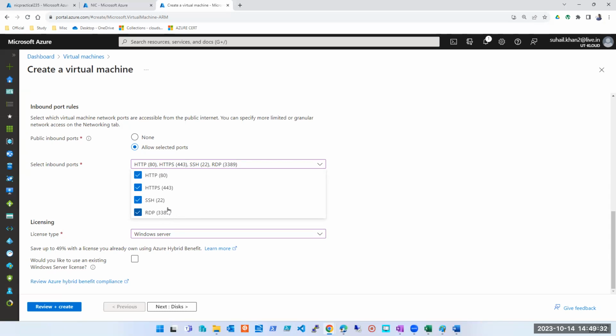एक NSG बनता है साथ में. Now I will show it to you. You can create it separately or the one which gets created with machine, that is also fine. And then RDP is allowed because you mentioned here this rule gets added to your NSG, and that is the reason you are able to take RDP of your machine.